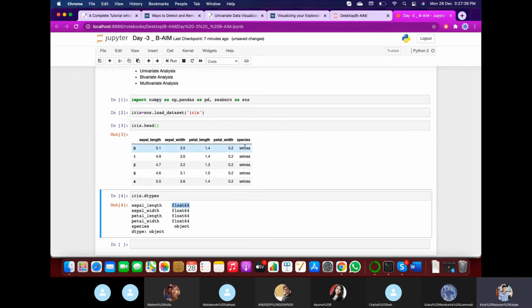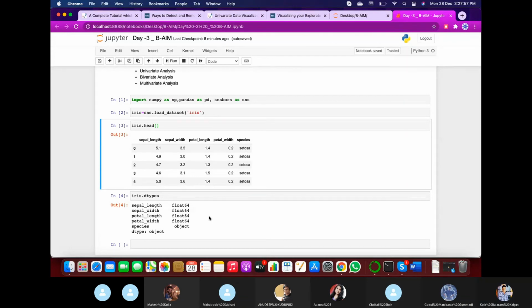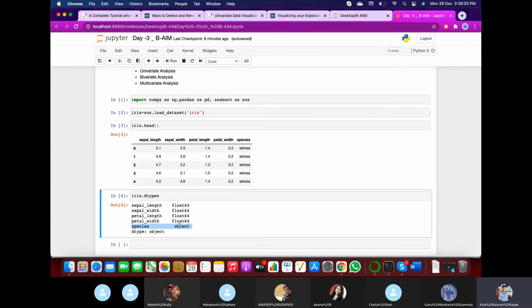Coming to the species, there are 3 categories: Setosa, Virginica, and another one. So there are 3 species, which are qualitative in nature, and the data type is object.